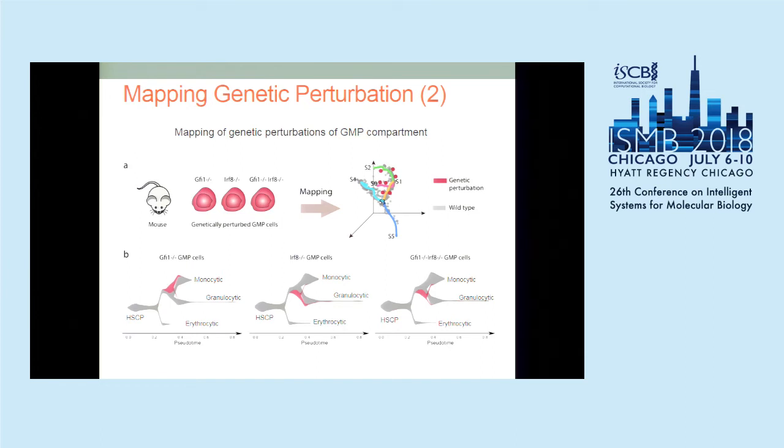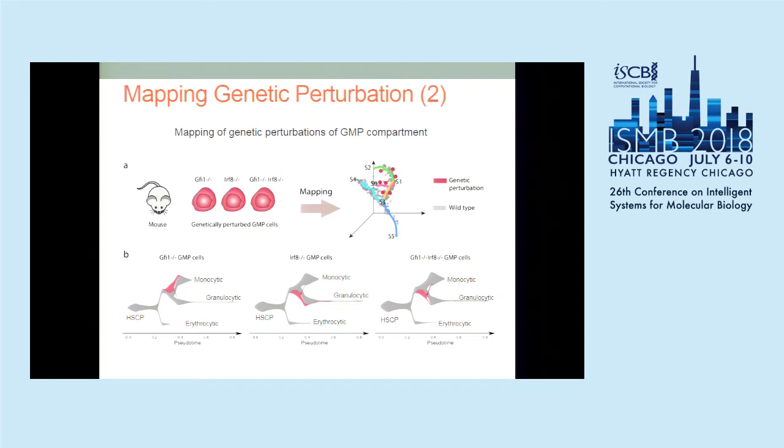If we knock out both, it seems that cells are more trapped in the intermediate state, and they have an equal chance to go to either branch. And this would be very helpful in studying cancer cells, because we can build the trajectory using the normal cells and map the cancer cells to the normal developmental trajectories, and so it would help us to understand better